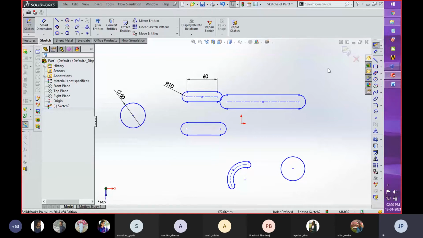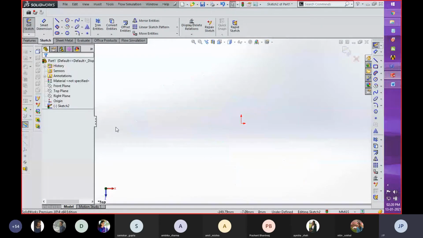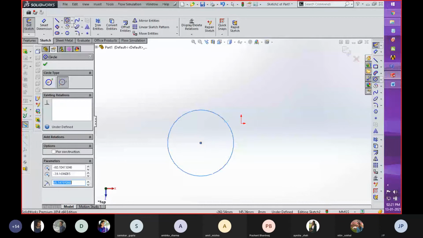For deleting, you have to just click anywhere in this workspace and create a window, and then release your left click and then delete. You can delete all your objects, whatever you require. Okay, if someone noticed, when we are going to create, sorry, I'm going to create two circles and show you.